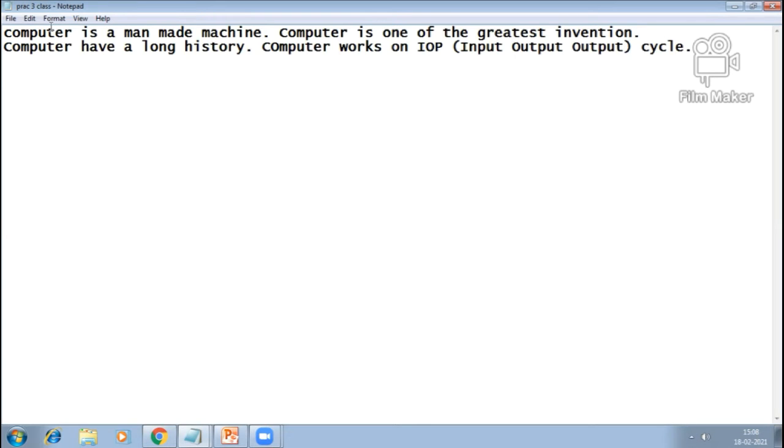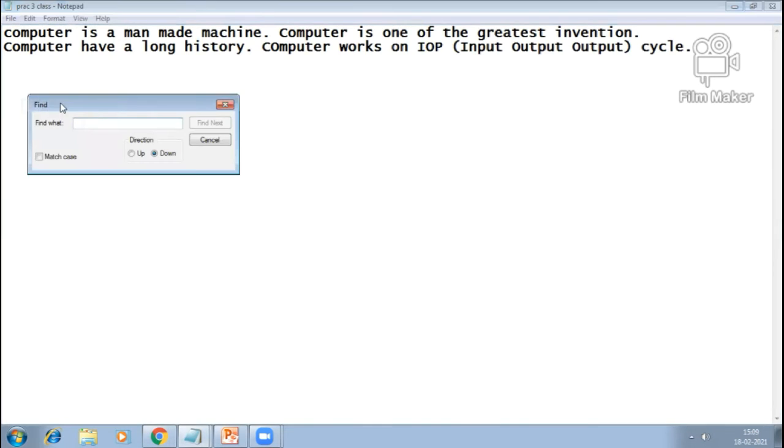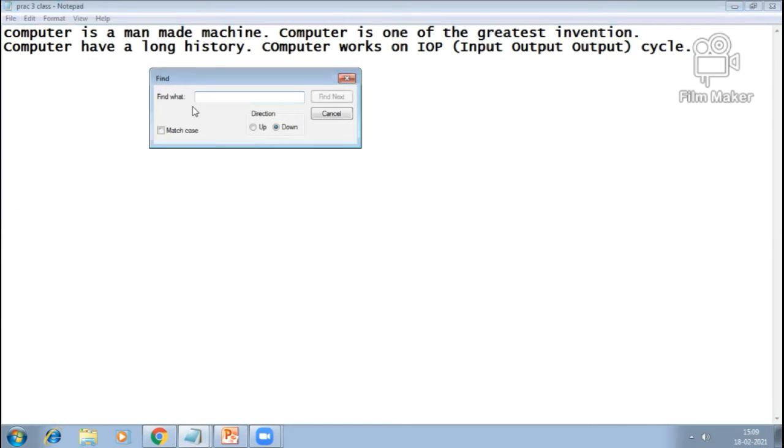So first we have to move to the edit menu and then choose the find option. As you choose the find option, you will get the dialog box of the find command and the cursor is blinking in the text box of find what.